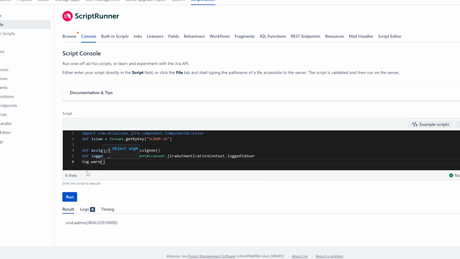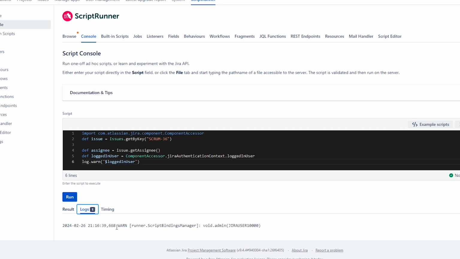So you also have the option where you can use this log.warn, and you get the value of login user like this. So you just put a $ sign and then the variable that you defined above. So now if I run it, in the result I have nothing because I didn't return anything. I just logged it. So now in the logs I have a warning from script bindings manager, we have the value. So we see that the value has the same format as the assignee, which is perfect for us. Because what we need to do now is to compare these values in a condition